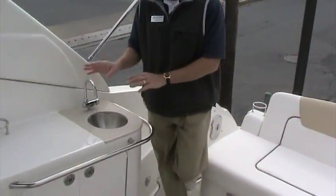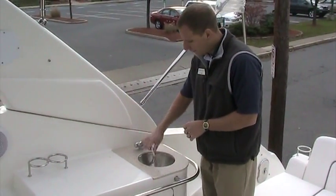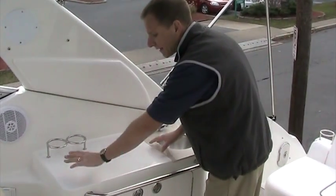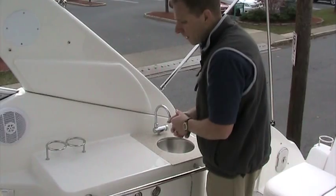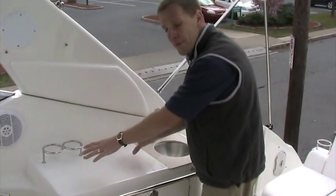This boat features a standard wet bar on the side of the boat here. You have your sink here, and this does swivel, maneuver all over the place. Plus you have plenty of counter space here for food prep or anything like that. If you were to choose the optional grill that went with this, that would be mounted here and you'd lose